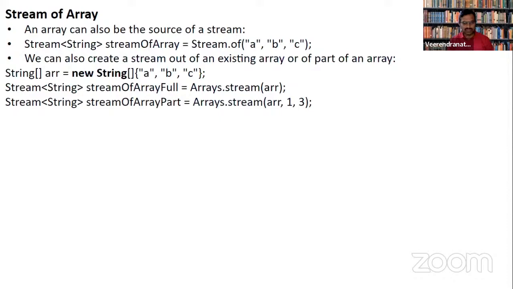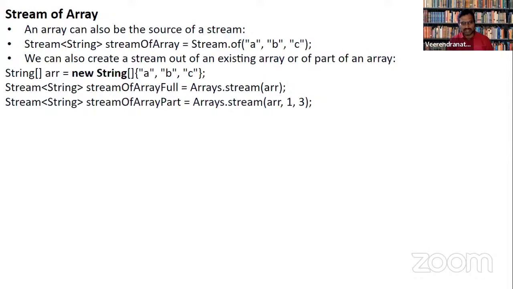Whenever I say 1, comma 3, 1 is the start index and 3 is the end index, where 3 is not included exactly. So it is 0, 1, 2, with 0 being A, 1 being B, and 2 being C. When we say 1, comma 3, the 3 is also called an offset, so that won't be involved in the result.